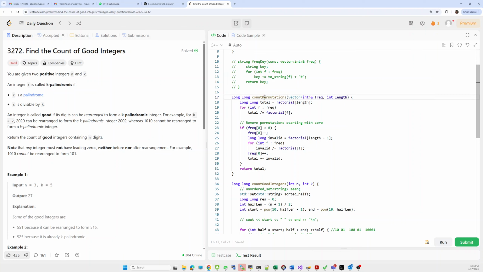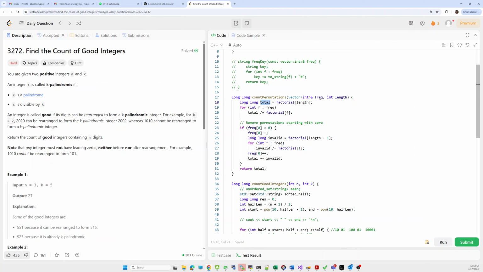In the permutation part, I send the frequency array of the current combination, the current palindrome, and the length. First I calculate the total number of permutations which we can perform for that length.